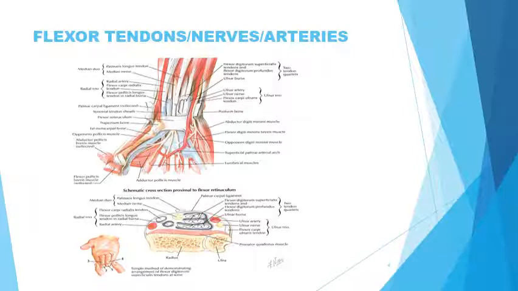FDP then moves more superficially at the PIP, the middle phalanx level, and inserts into the distal phalanx to flex